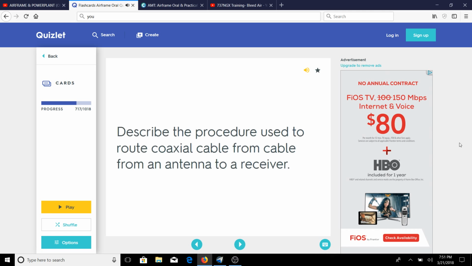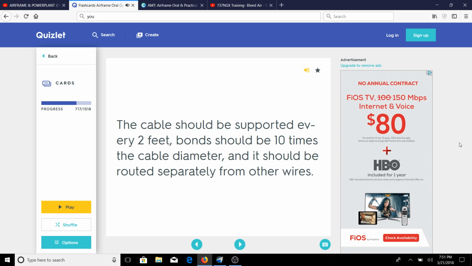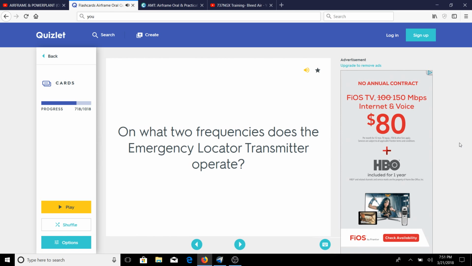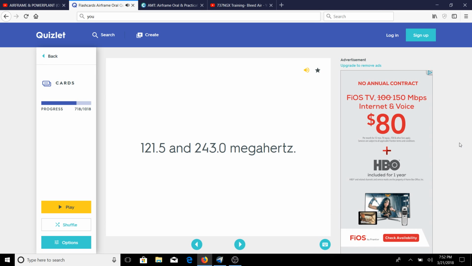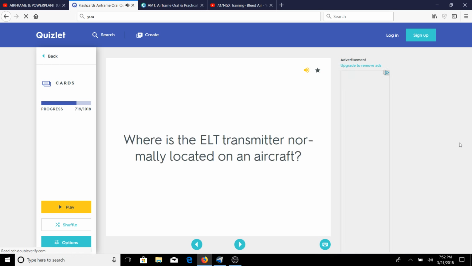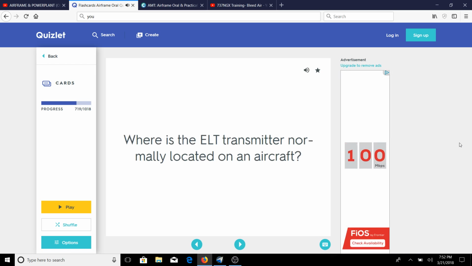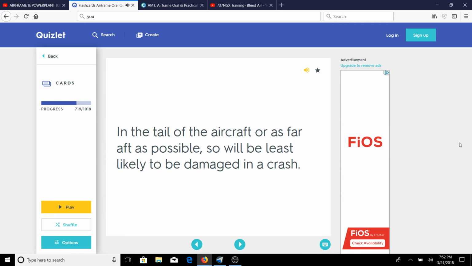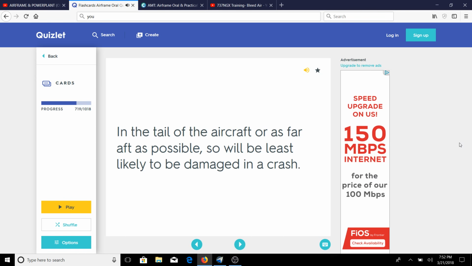Describe the procedure used to route coaxial cable from an antenna to a receiver. The cable should be supported every 2 feet. Bends should be 10 times the cable diameter and it should be routed separately from other wires. On what 2 frequencies does the emergency locator transmitter operate? 121.5 and 243.0 MHz. Where is the ELT transmitter normally located on an aircraft? In the tail of the aircraft or as far aft as possible, so it will be least likely to be damaged